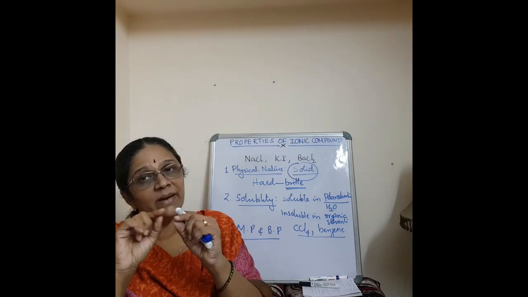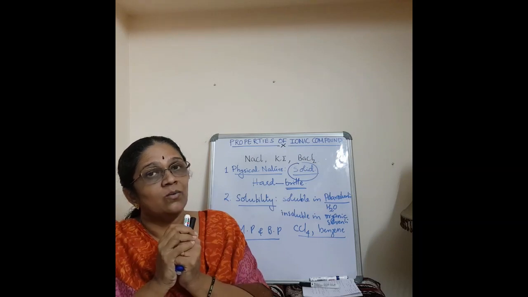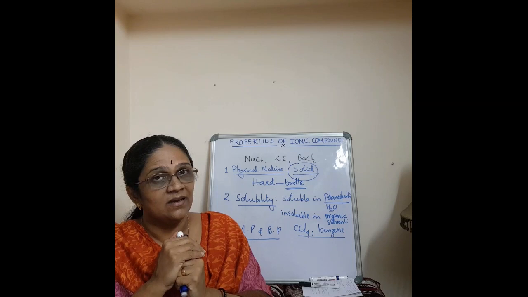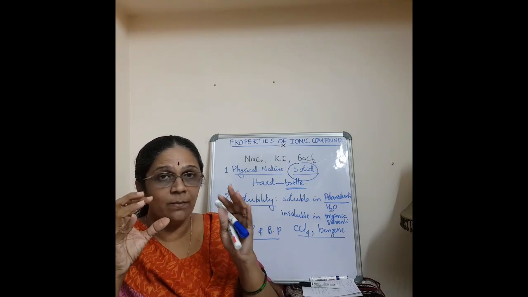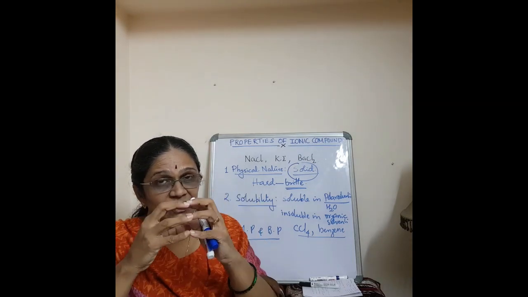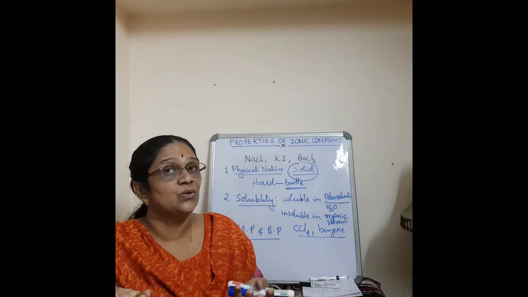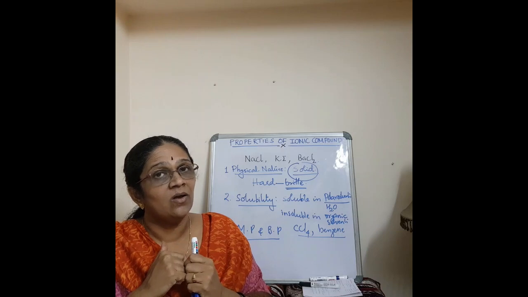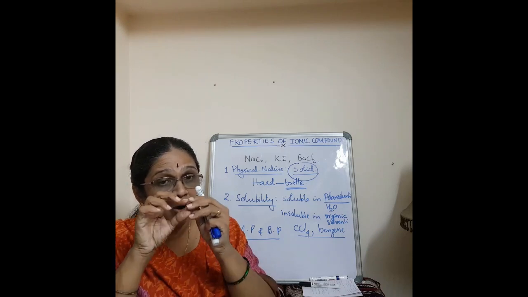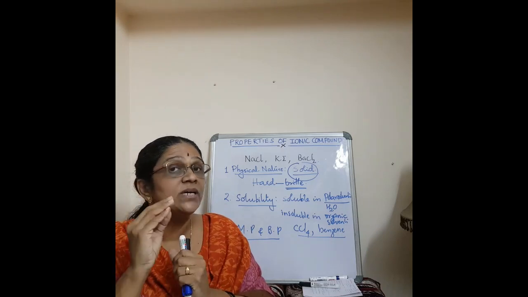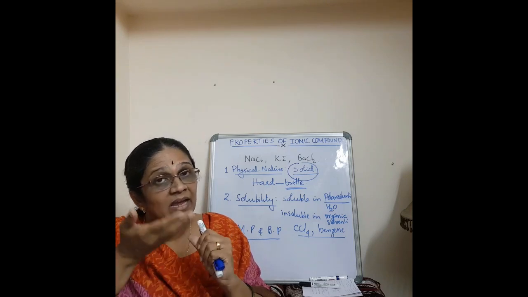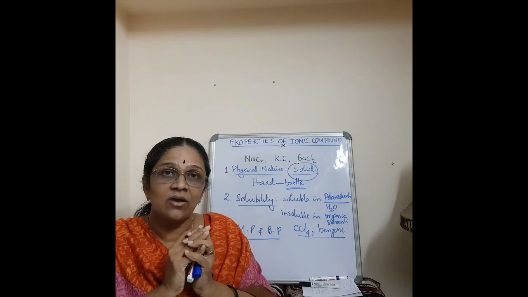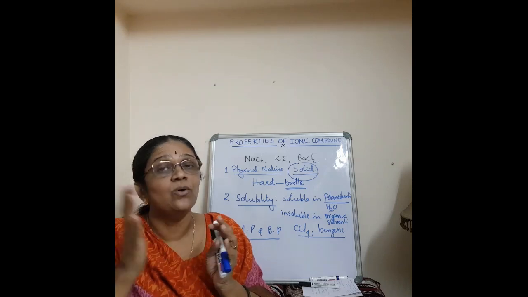If you want to melt a compound, what is the chemistry behind it? You have to break that bond, isn't it? Now, for example, say sodium and chlorine ions are attracted together and bonded by an electrostatic force of attraction. Now, if melting has to happen, the bond must break. And how does that bond break? By giving energy, heat energy. Okay. Now, if the bond is so strong, we have to give more and more energy to break it.